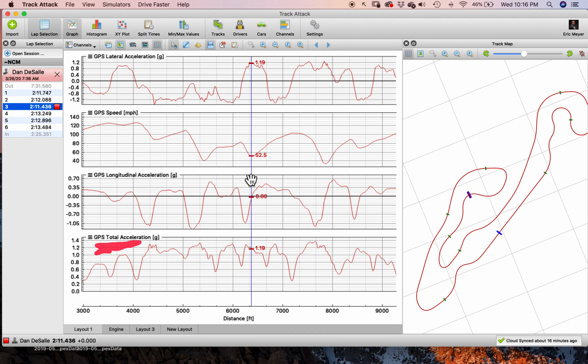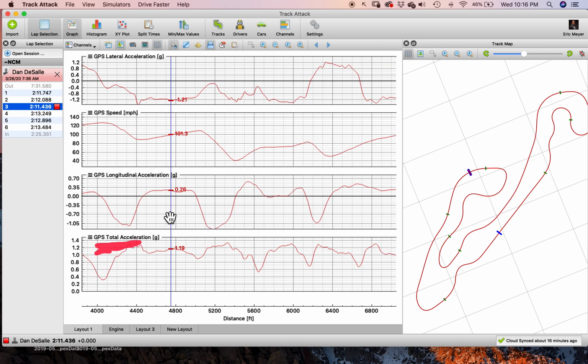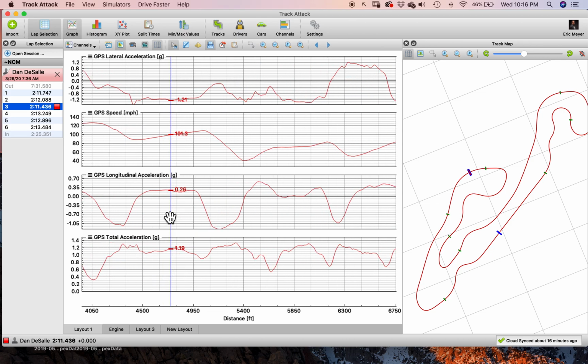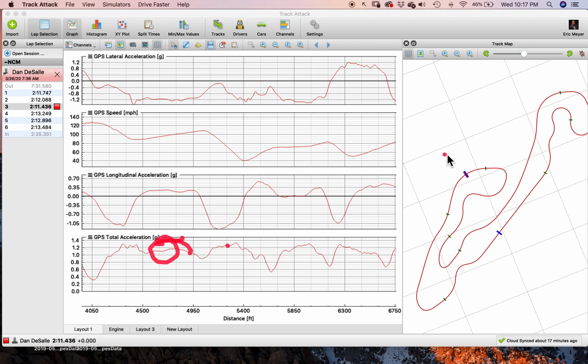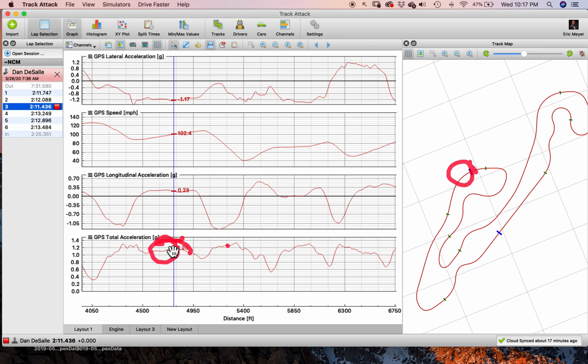Let's go to another spot on the track. We're going to go right here. Take a look at the track map over there. And the apex of that corner, right? There's about the apex right there. And what I want you to see is right about in here, it says how much of the tire are we using. Can you see that right there? Right inside of here. So we're just past the apex a little bit. And here we are. Let's go right there. It says we're using about